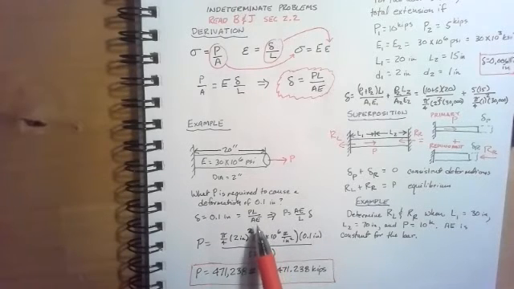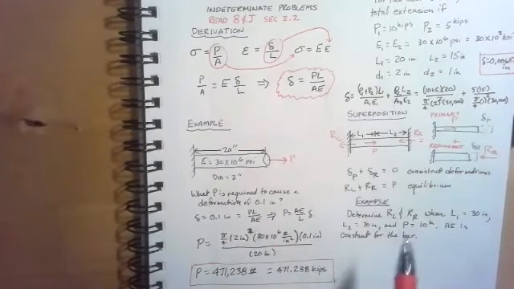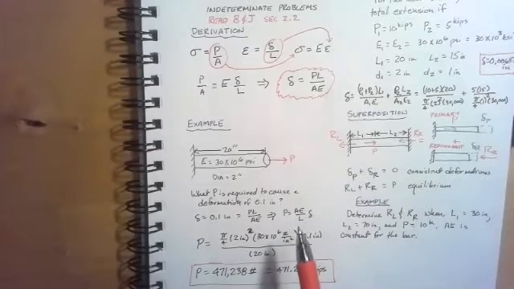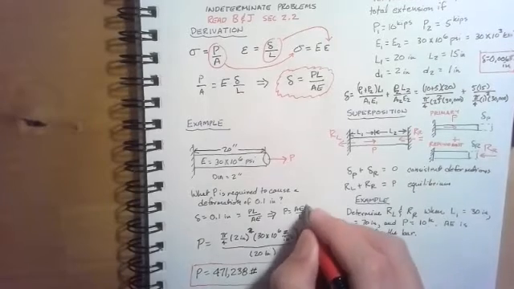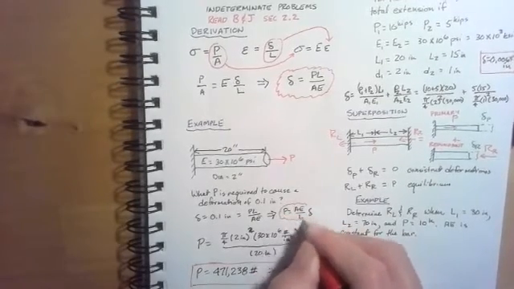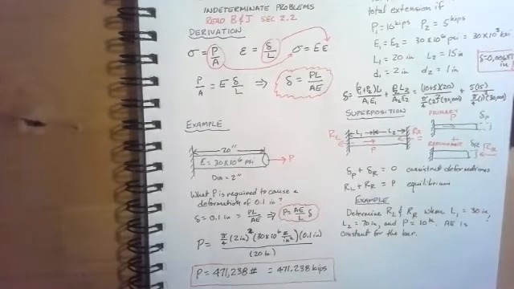That's equal to PL over AE. I know L, I know A, and I know E, or I could easily find them from the problem information. So I want to invert this to solve for P. So P is equal to AE over L times delta, which is another equation that is worth memorizing, because you could use that in quite a few indeterminate problems